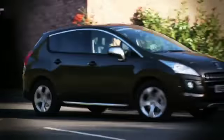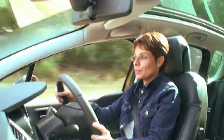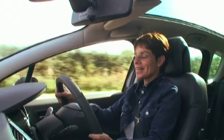Now, would I buy this car? I think I would, actually. The looks have grown on me, though it is a bit of a plain Jane. But the interior is so nice. I love this crossover notion. I rather like